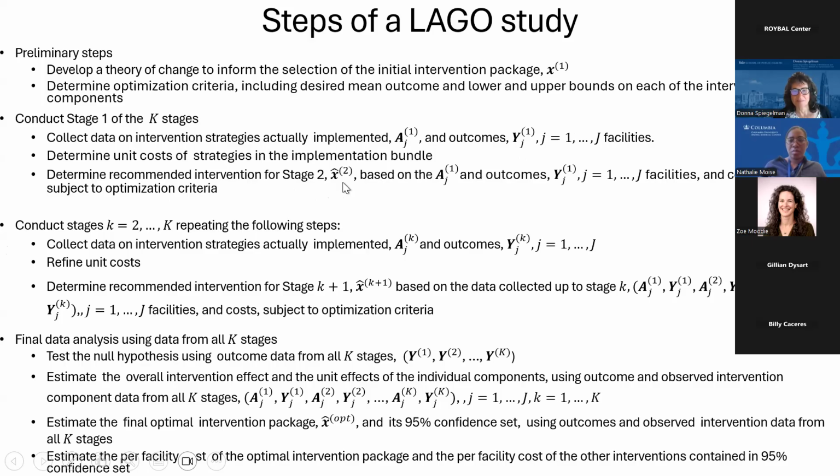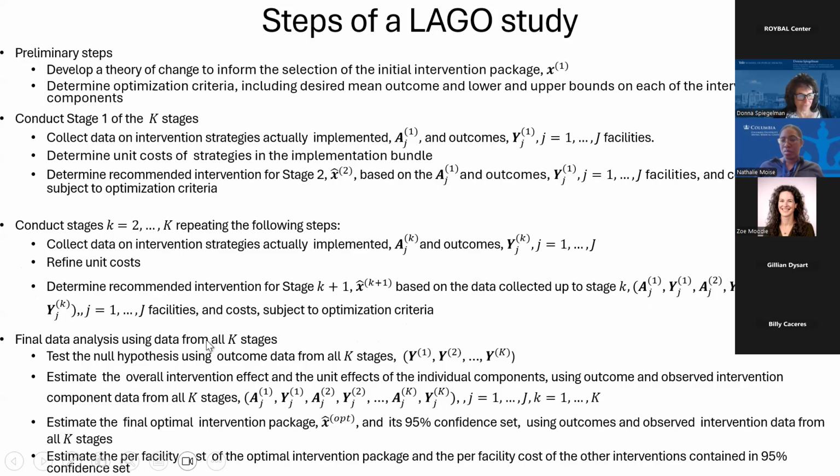We get the recommended intervention, and then we continue. Now we're using x hat 2, and then we see what happens in stage 2, and so we get A_J of k equals 2 and k equals 3, however, and then the outcomes. We might refine the unit costs. Then we determine the recommended intervention for stage k plus 1 based on the data collected up to stage k. So it could be A1, Y1, A2, Y2, et cetera, all the way up to AK, YK for the J